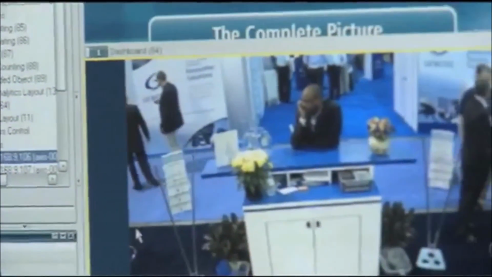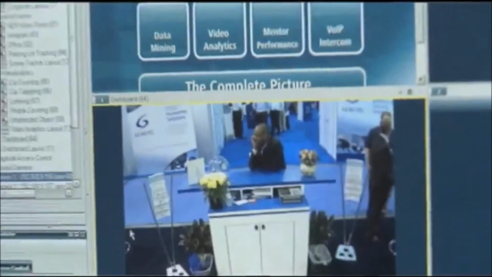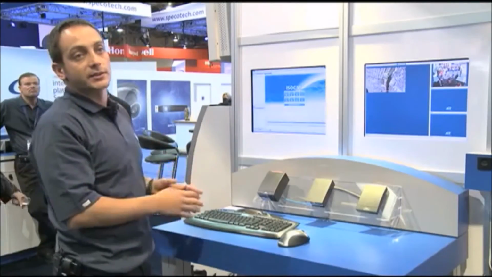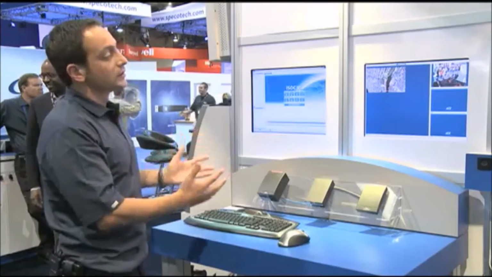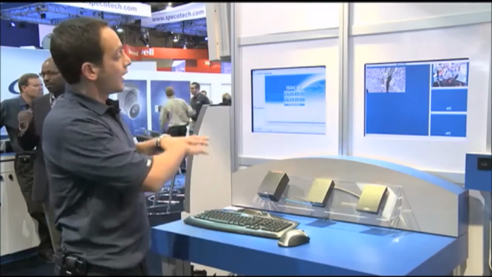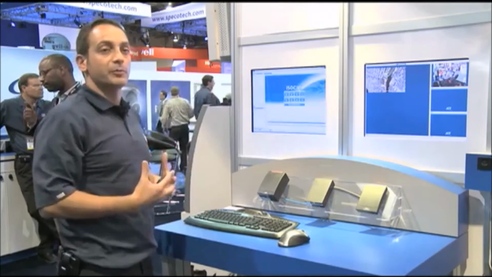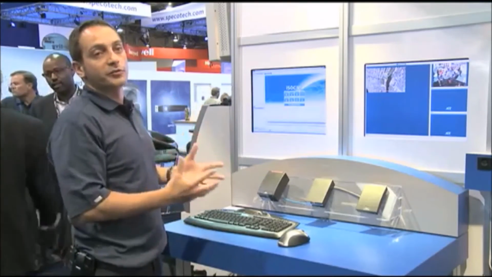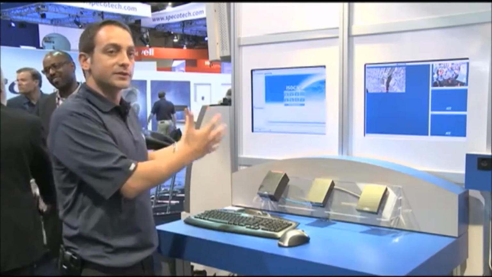We also have the ability to chat between guards. So if I have an alarm here and I am too busy acknowledging 2 other alarms, I can chat with another guard and tell him to acknowledge that alarm. So it's really an enterprise level system that is managing hundreds to thousands of cameras that are out there, multiple users, and really the ability to bring a lot of inputs and a lot of integration into that system and create one large view for a guard, a number of guards, a supervisor,